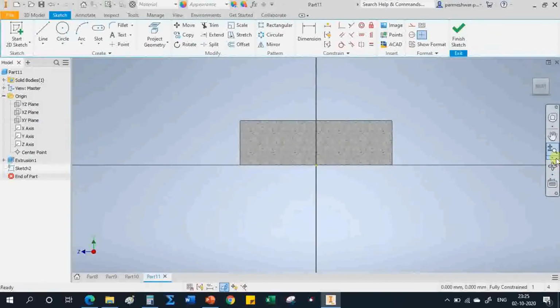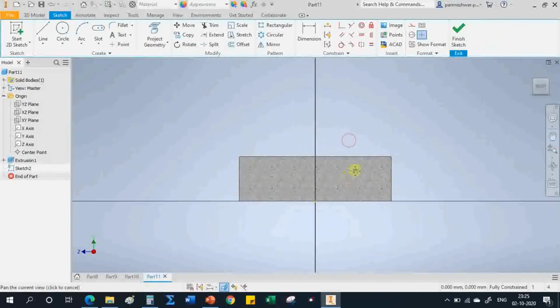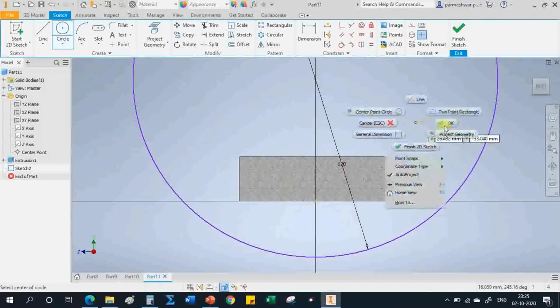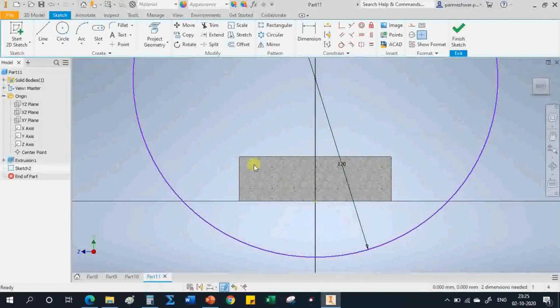Okay, slice graphics, right? Now circle, and the diameter is how much? It is 120. Okay, diameter is how much? 120. Now I want to pass these 2 points, one is this one and one is this one, from this circle.